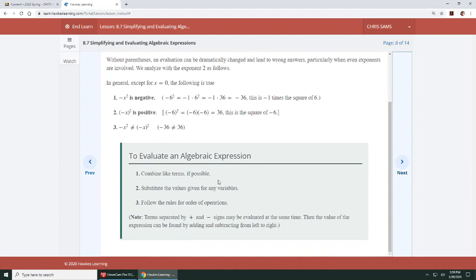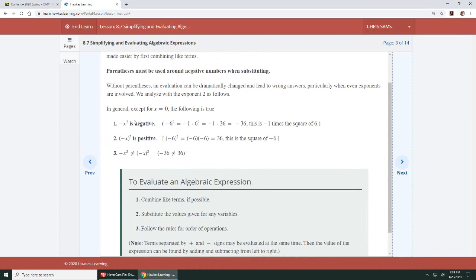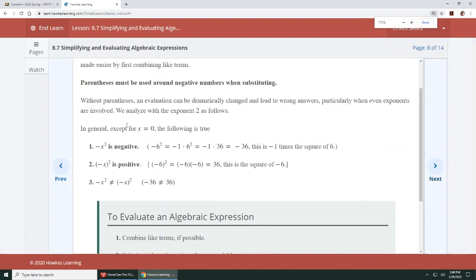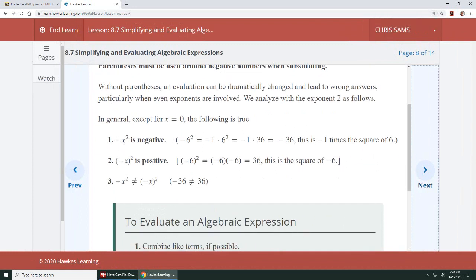This is just more on evaluating. I do want to point this out. If you use a calculator to help or to go back and check the answer, it is very important that you understand the difference between what we're seeing here. You see a negative x squared, no parentheses, and right below it you see negative x in parentheses, squared. What's the difference? It looks almost like the same thing. What they want you to see is that if you have the negative by itself, not in parentheses with your term,